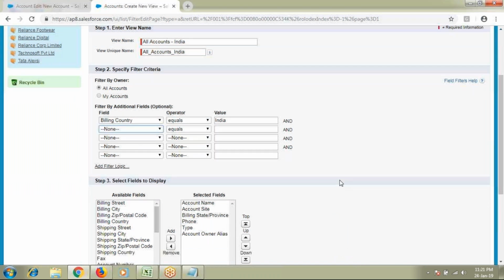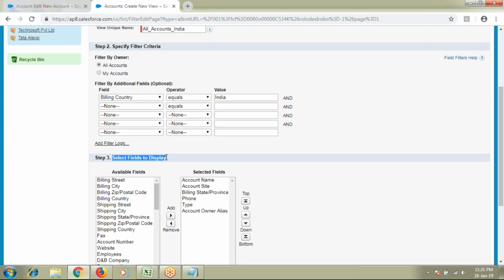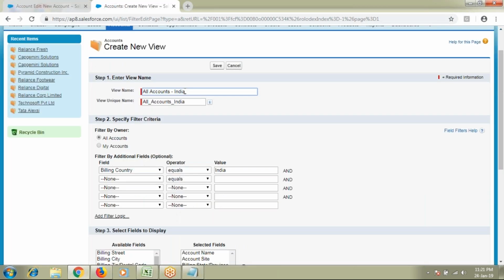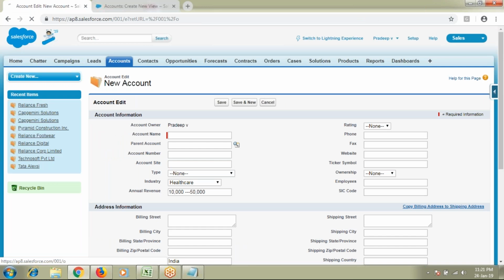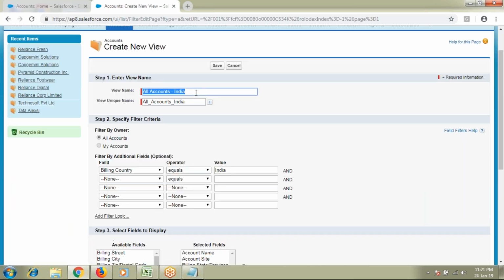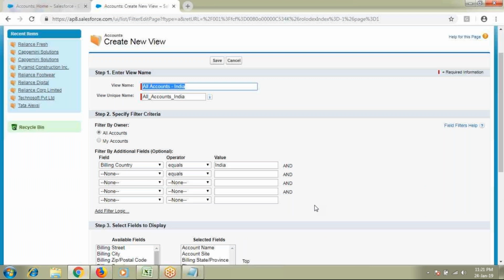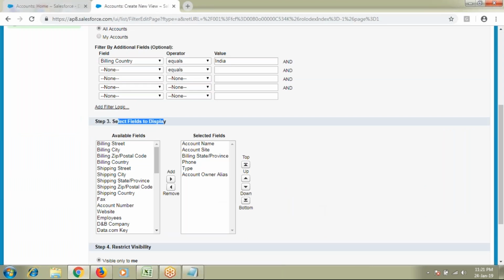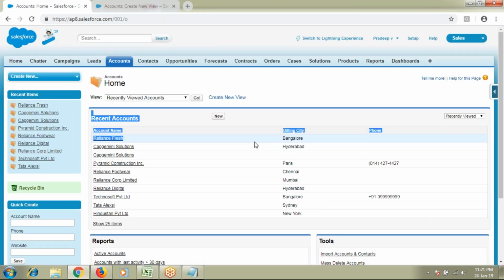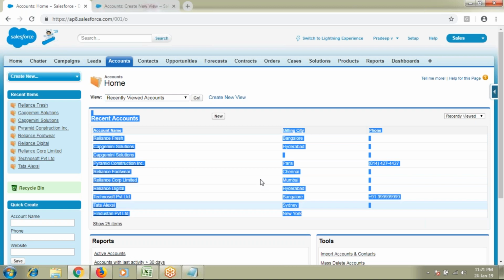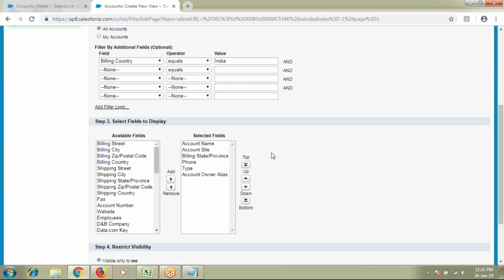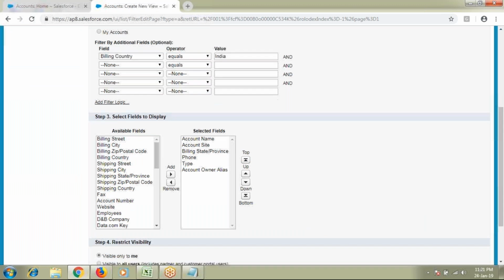Next, select the fields to display. Whenever I select this particular list view from this drop down, the all accounts hyphen India list view, what is the list of fields to be displayed on the page? Currently by default it has taken account name, site, state, phone, type, owner alias.